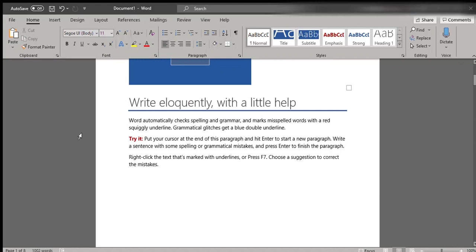Alright, so: write eloquently with a little help. This is where Word automatically checks the spelling and grammar. When you see those marks, misspelled words get a red squiggly line, and grammatical glitches get a blue double underline. By just putting your cursor at the end of the paragraph or the sentence,